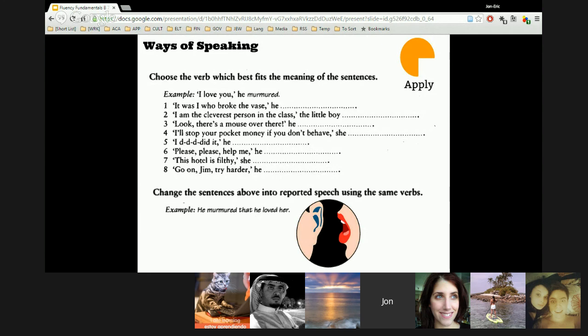She threatened, I would stop your pocket money if you don't behave. Okay, very good. She threatened to stop. Maybe. She threatened to stop my pocket money. You see what I mean? I would change it to, she threatened to stop. It depends on who's talking. If you mean the son is talking, the kid, I thought